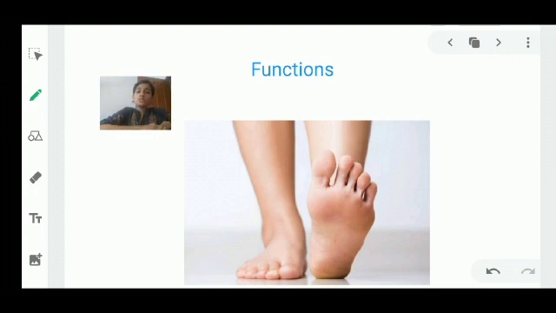Now, both these arches act as shock absorbers to prevent our foot from sudden damage and fractures. Both of them act as shock absorbers. And the plantar concavity helps in the protection of the vessels and nerves within our foot. So I repeat the functions. Medial longitudinal arch acts as a lever to propel us forward. Lateral longitudinal arch acts as a static support for the transmission of stress and weight to the different bones of our foot. They both act as shock absorbers, and they protect the vessels and nerves within the foot. So that's all about the functions of the foot.